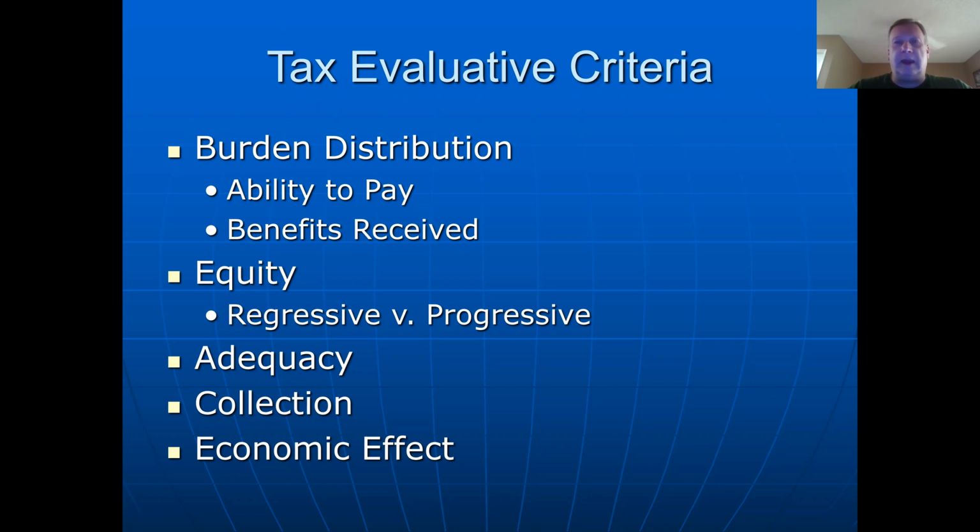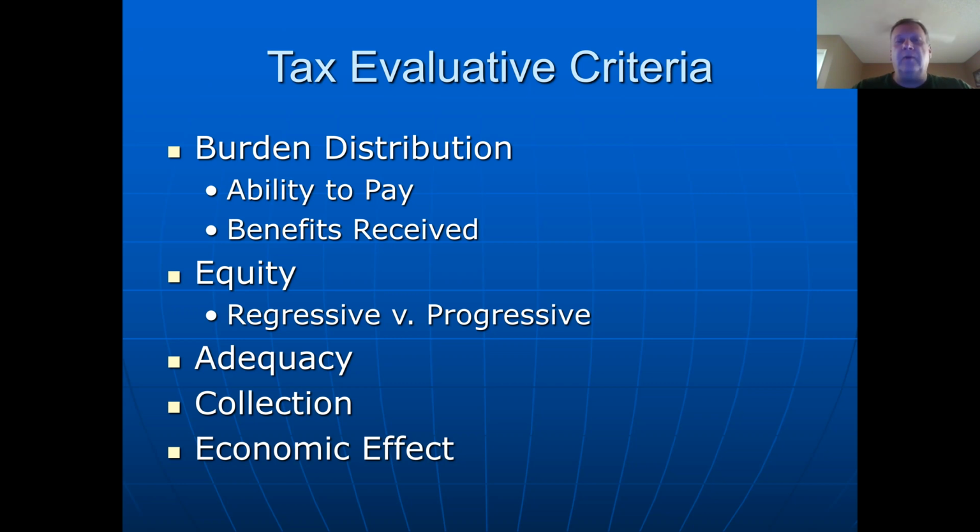But before we get into the different types of tax revenue sources that we have to rely upon as local governments, I think it's important to look at the tax evaluative criteria. There are 5 tax evaluative criteria that we look at in determining which type of taxation to utilize and which type of tax we want to raise as opposed to another type of tax. Because of our 3 main forms of taxation, property, income, and sales taxes, you will see that there are some advantages and some disadvantages. Some are more progressive, some are more regressive than others. So I think it's important that we have some criteria that we can use in selecting between these different revenue